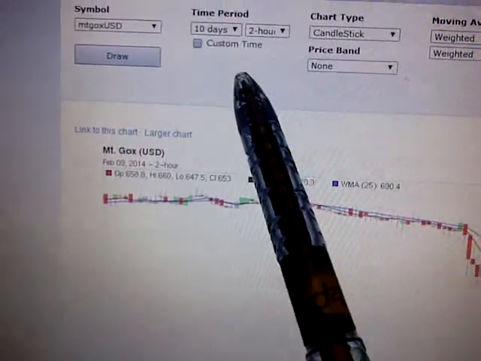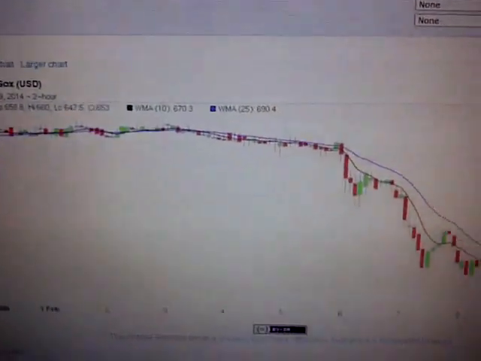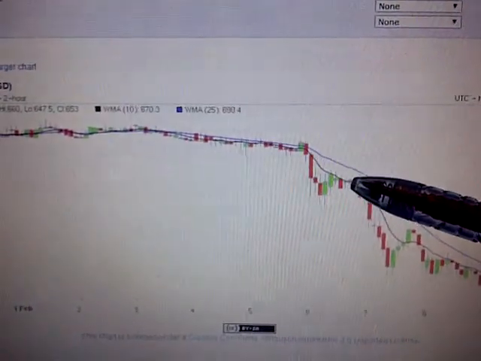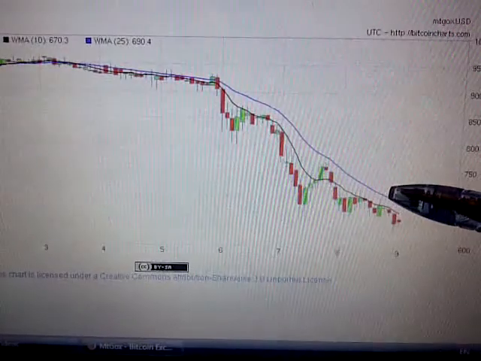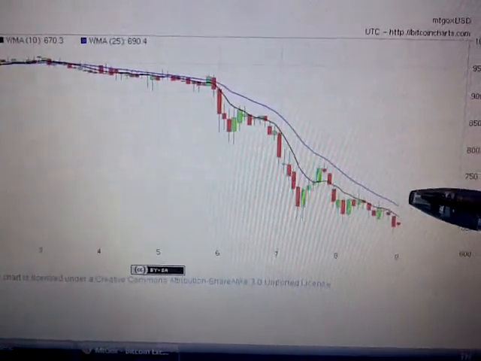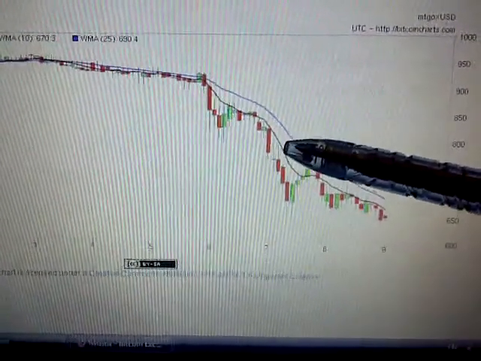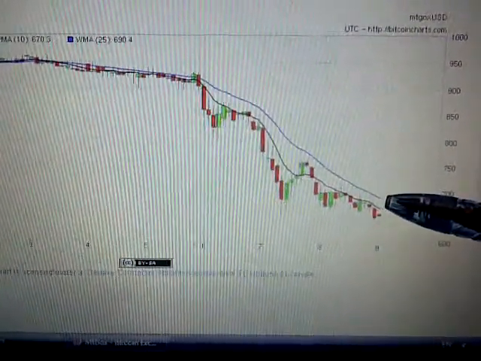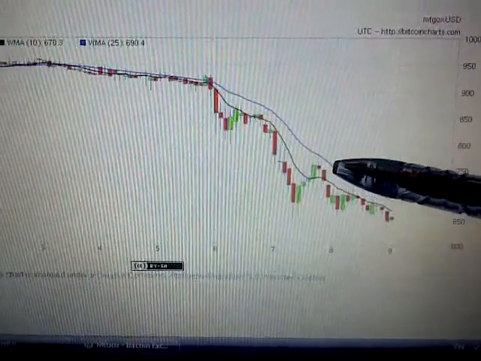This is basically the 10-day 2-hour, and I like using this because it doesn't move around and I can see it in relation to where the price action moves, and until this is Mt. Gox, until this actually can finish above this